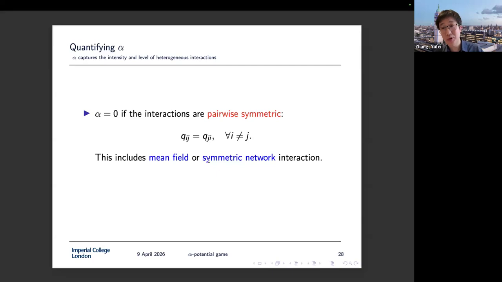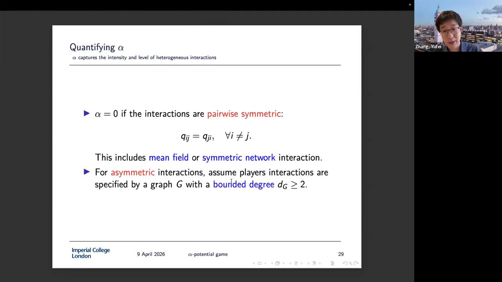This framework also allows us to capture sparse networks with asymmetric interaction. For example, you can assume that each player's interactions are given by a graph with a bounded degree, d. In this case, as the number of players increases, the interaction becomes more sparse. For experts who are familiar with graphon approximation,